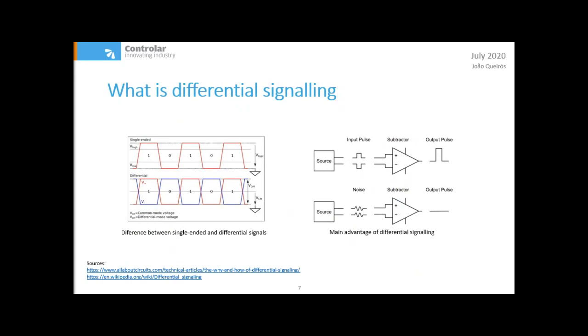Both lines are single-ended and reference to a single branch. On the other hand, the differential signal differs in the fact that it has two wires with complementary signals. On data plus, the signal with V high voltage translates into a binary 1, and V low translates into a binary 0. For data minus, the opposite occurs. On the figure in the right, we can see the advantage of this. When we have noise affecting the cables, it will affect both the data plus and data minus. This noise can then be subtracted on the receiver end, getting only the clean signal.